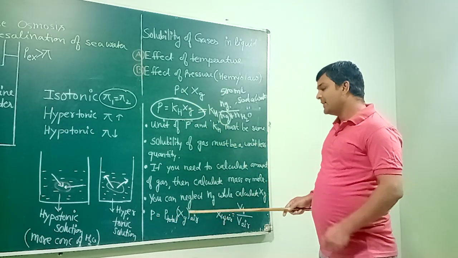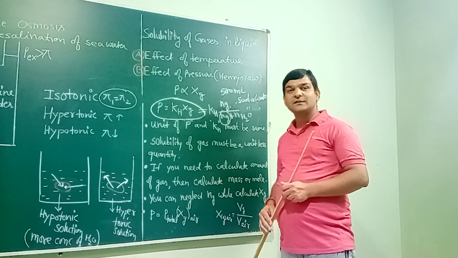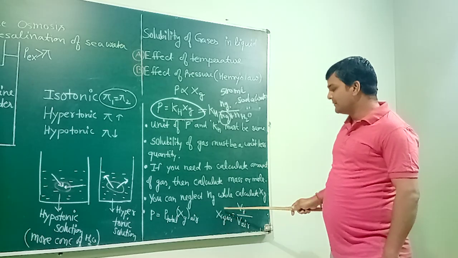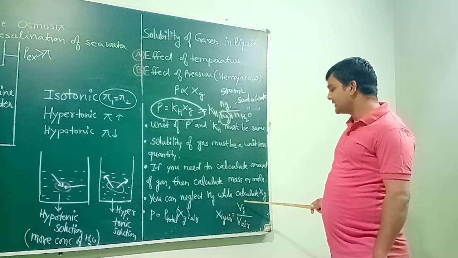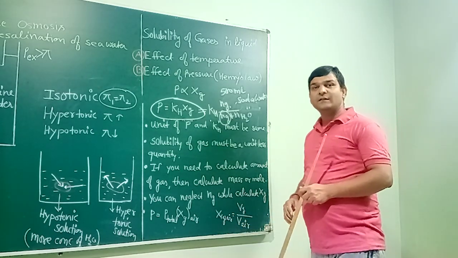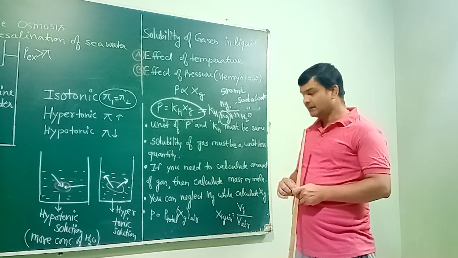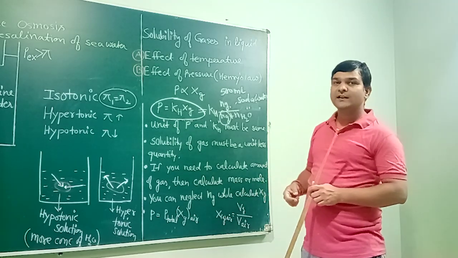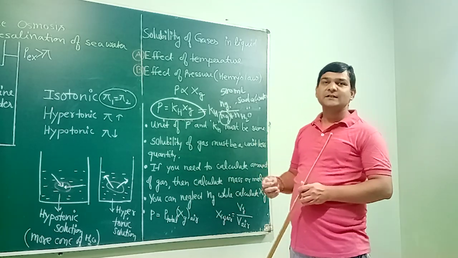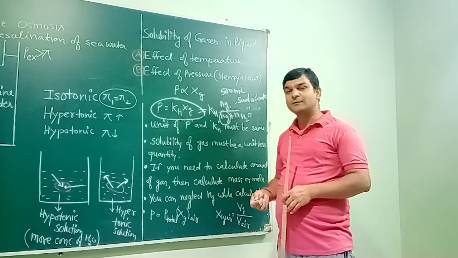Now while calculating mole fraction of gas in air, generally we use the formula mole fraction equals moles divided by total moles. But for air, you can also use this formula: mole fraction of gas in air equals volume of gas divided by volume of air. For example, if a question says oxygen is 20% by volume in air, what is mole fraction of oxygen? We can directly calculate: mole fraction of oxygen equals volume of oxygen upon volume of air. 20% means 20 divided by 100. So mole fraction of oxygen in air is 0.2.